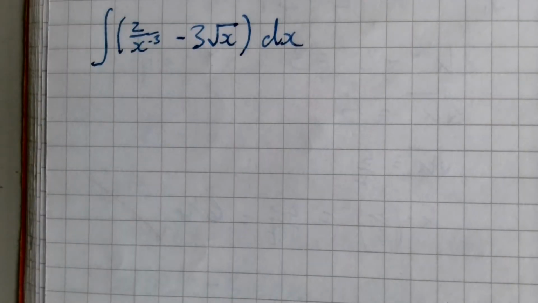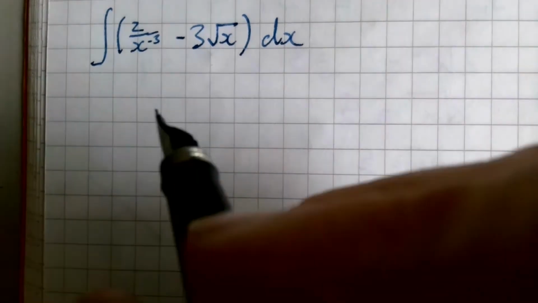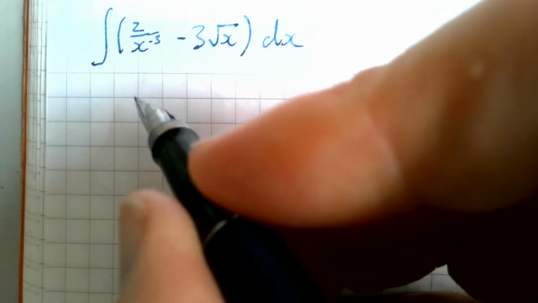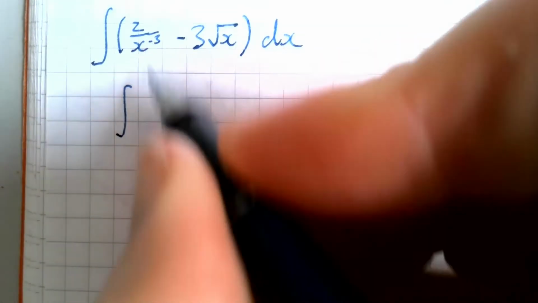Now, just as we did when we were differentiating, we had to deal with all sorts of situations where the powers of x weren't quite in the form we wanted them. So going back to what we were doing there, if you were differentiating, what would you do with that first and then do it? So do that and then integrate. So first thing to do is say what I want to integrate is